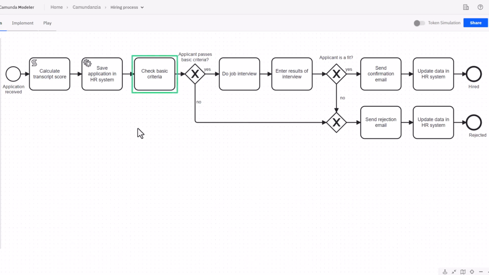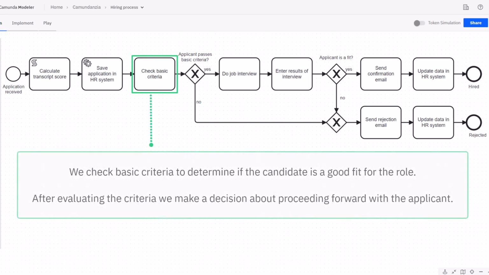In the next step, after saving the information in the system, we need to check some basic criteria to determine if the candidate is a good fit for the role.